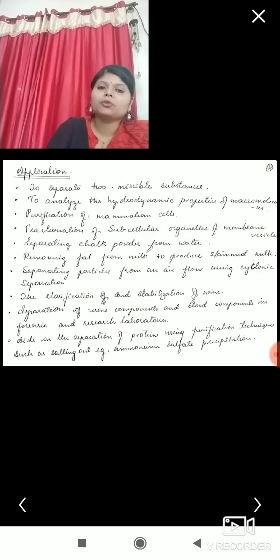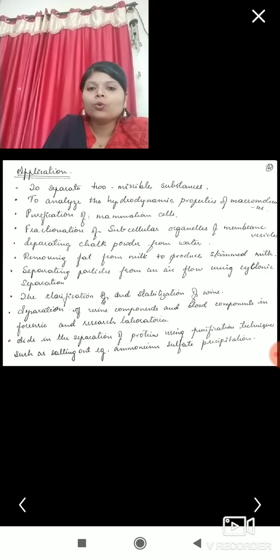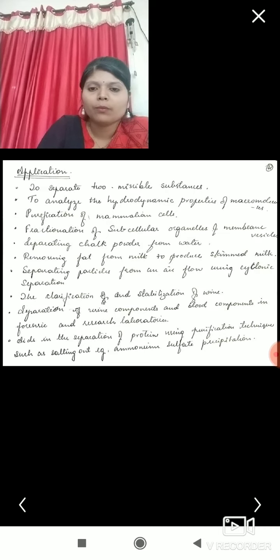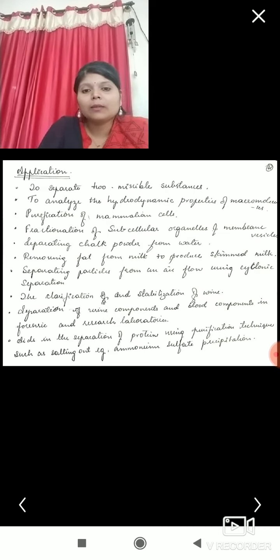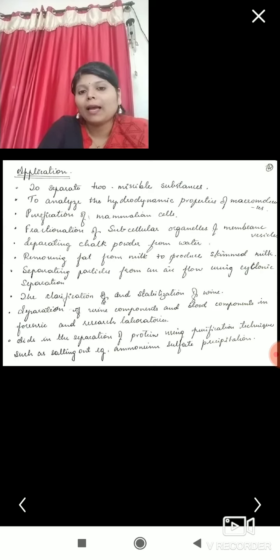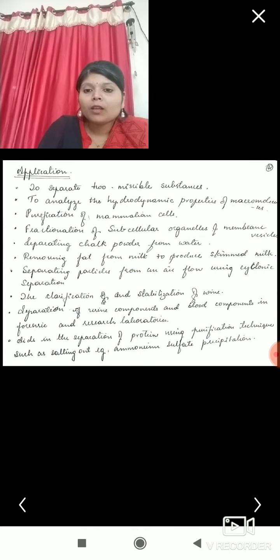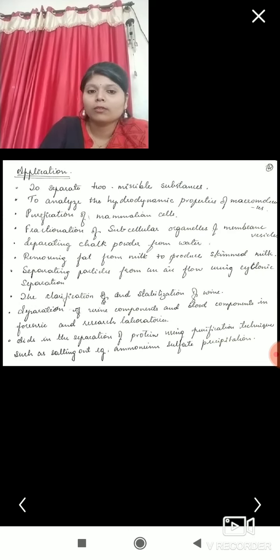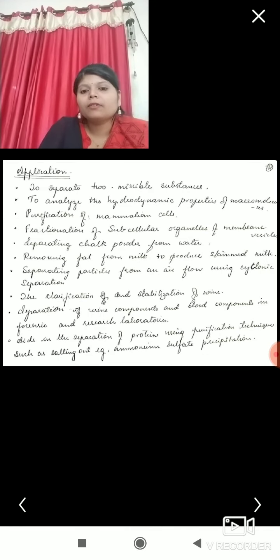Applications, if you go on: to separate two miscible substances which have got completely mixed up with one another, to analyze the hydrodynamic properties of macromolecules, and purification of animal cells or mammalian cells. And you have fractionation of the subcellular organelles and membrane vesicles, removal of fat